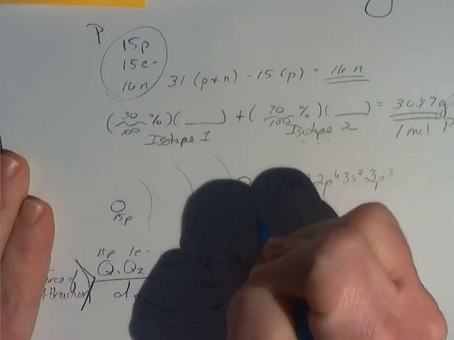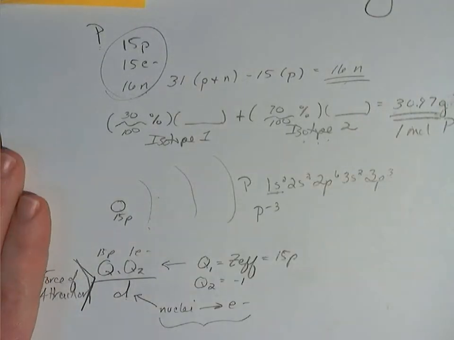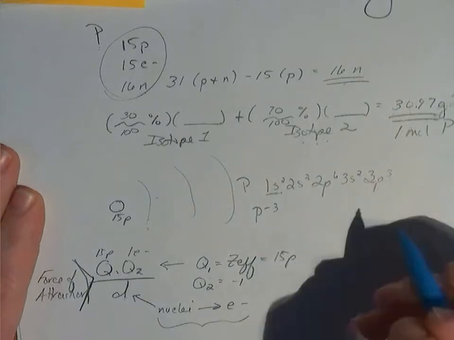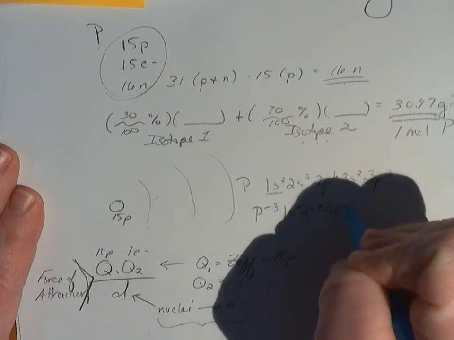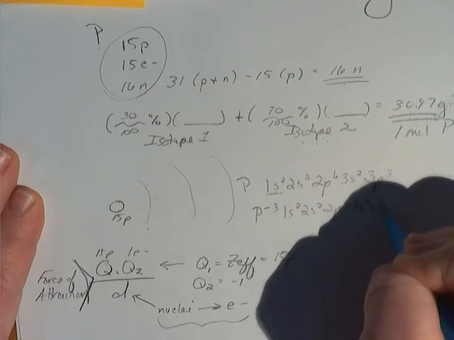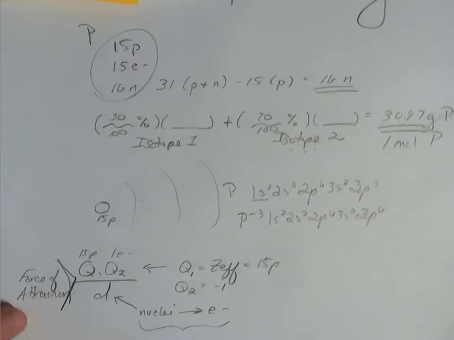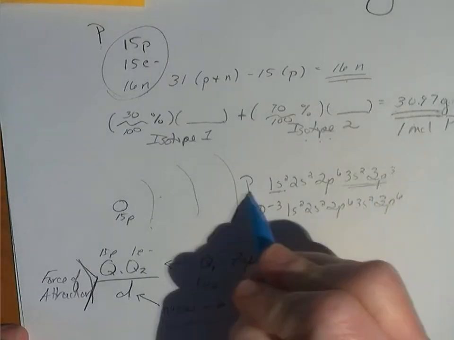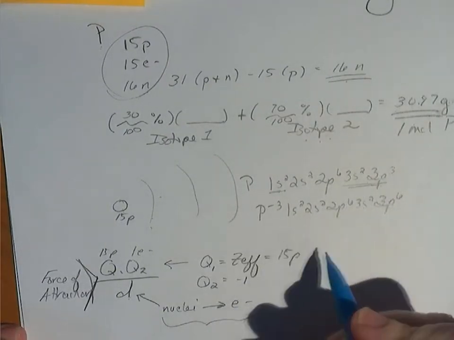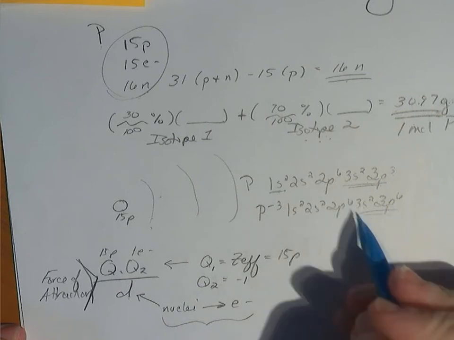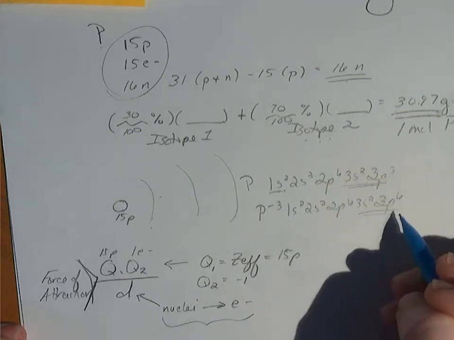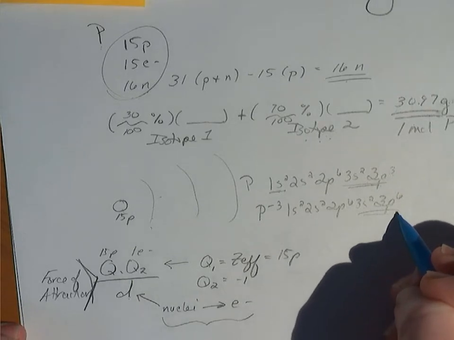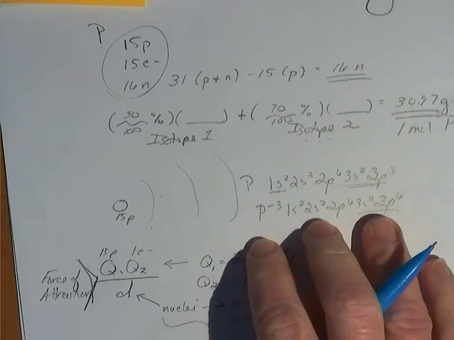Okay, what if you were asked to give the electron configuration of phosphide? Well, we know that the octet rule will drive us, and originally phosphorus has 5 valence, but it will pick up another 3 to get the octet rule satisfied, which our world tells us gives us stability of ions, or lower energy, of course. Okay, what about